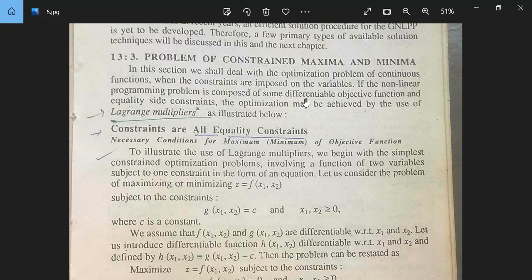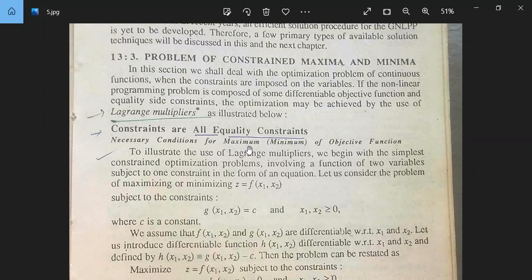Equality side हो। The optimization may be achieved by the use of Lagrange multiplier as illustrated below। नीचे हम लोग Lagrange multipliers का यूज करेंगे, तो उसके बारे में देखें। पहला है कांस्टेंट फॉर ऑल इक्वालिटी कांस्टेंट व्हेन ऑल द कांस्टेंट्स आर इक्वल, तब केस में, और इसका नेक्स्ट केस होगा व्हेन ऑल द कांस्टेंट्स आर नॉट इक्वल, मतलब इनइक्वालिटी टाइप।